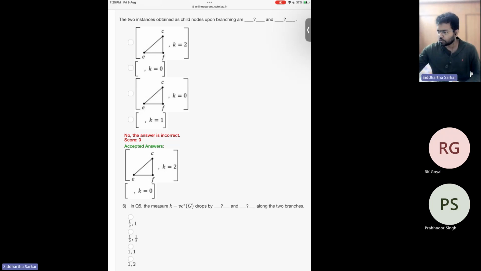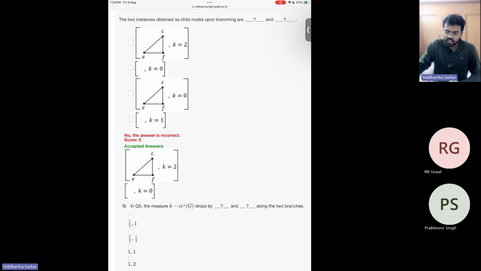let's do this on paper. So 2 minus 1.5, that is half. The other case is, K was 3 originally. So 3 minus 2 was K minus VC star, that is 1. Now K is 0. So 0